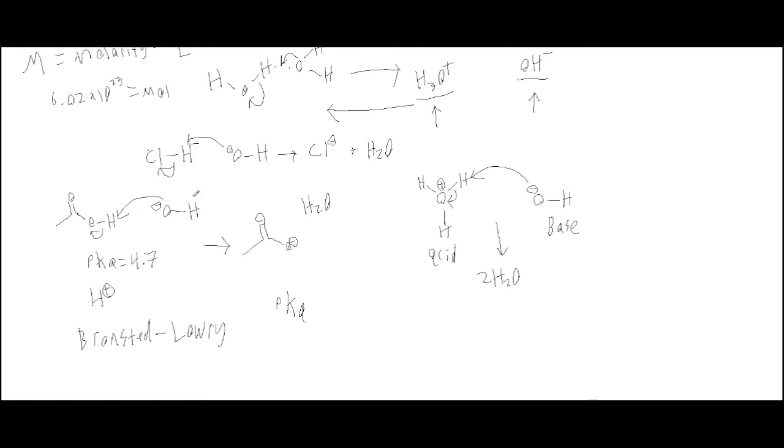Whereas hydrochloric acid, which everybody knows is a very strong acid, has a pKa of negative 6.3. So you can see that's quite a bit lower than this, signifying that this is in fact a quite strong